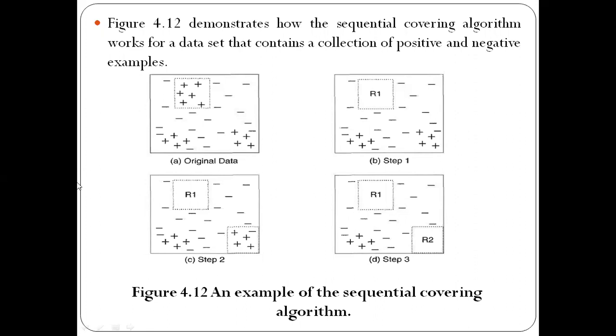Positive examples are nothing but the fraction of records that is covered by the rule. If you see here, for this R1, these are the set of records that is covered by this rule R1. For the rule R2, these are the set of records. Those are the positive examples, and the remaining are considered negative examples. Like this, each time it finds one rule that covers some set of records, and once it finds that, it removes those training records.